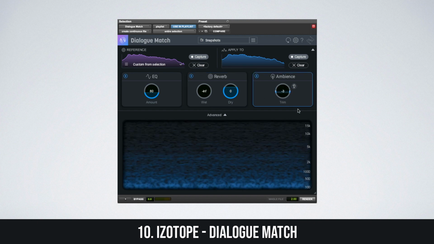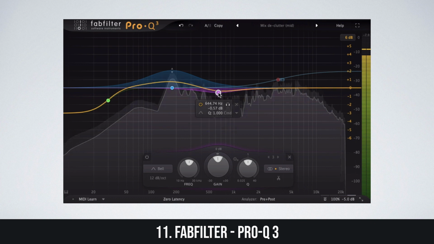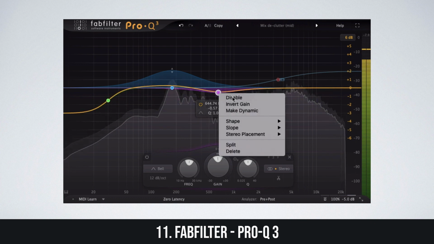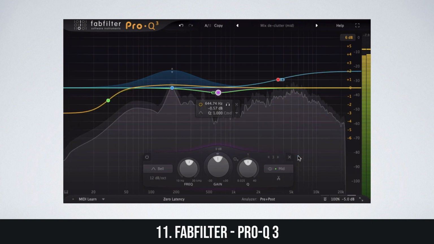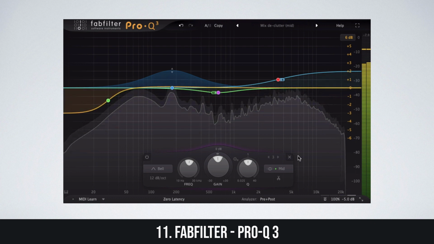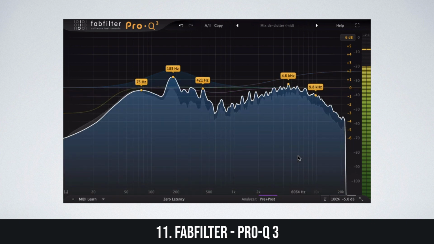The FabFilter Pro Q3 is an EQ that includes up to 24 bands, linear phase operation, zero latency mode, a natural phase mode, and smooth dynamic EQ. It also provides per band mid-side processing, surround sound support up to Dolby Atmos 7.1.2, a solo feature, auto gain, and a built-in customizable spectrum analyzer. Some additional fun features include spectrum grab, full screen mode, which is perfect for secondary monitors, and EQ match.